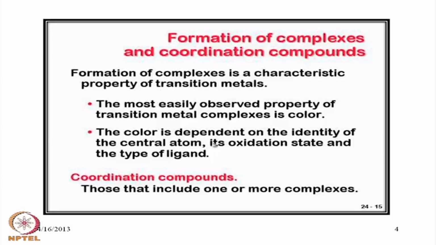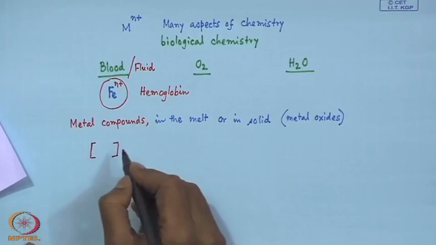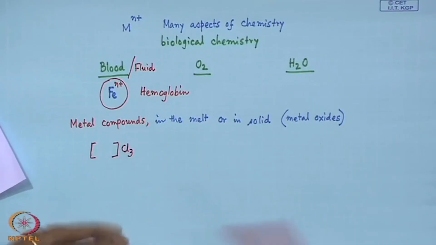And this color is dependent on the nature of the central atom, the oxidation state and the type of the ligand. So, when one metal center is interacting with the ligand, we get the corresponding complex species, and if we have more than one such species present in a single compound, we call it a coordination compound. That means whatever we write in the form of a square bracket, like a cobalt complex, with a corresponding anion, is balanced. So, this we will call the